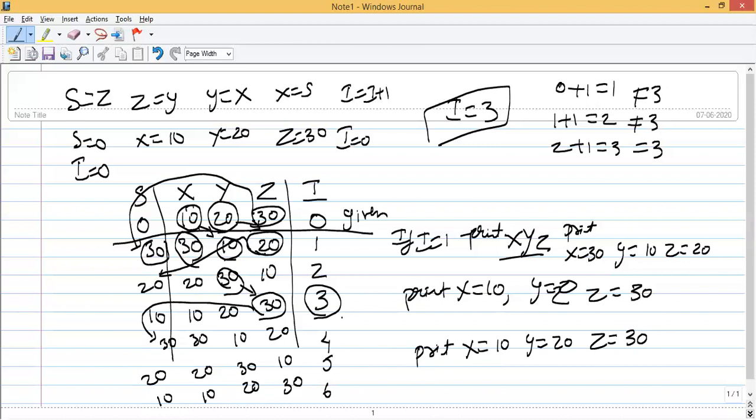Understood? The next question they asked is, instead of I is equal to 0 in the question, if I change I is equal to 1, what will happen? I will tell you what will happen. Print will go to infinity because there is one condition, I is equal to I plus 1.